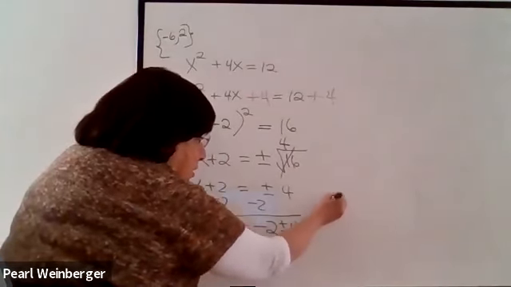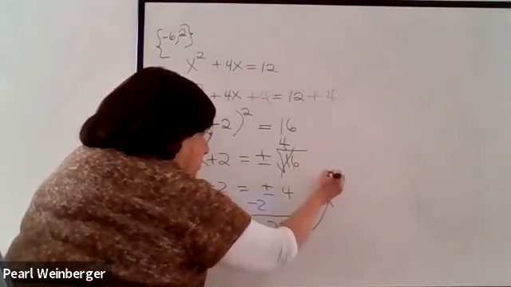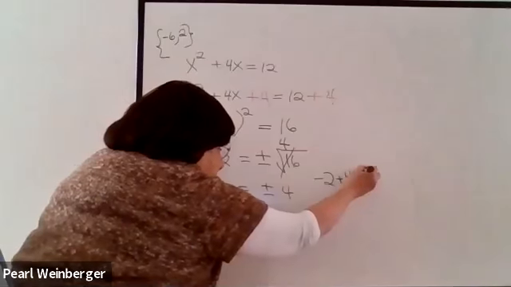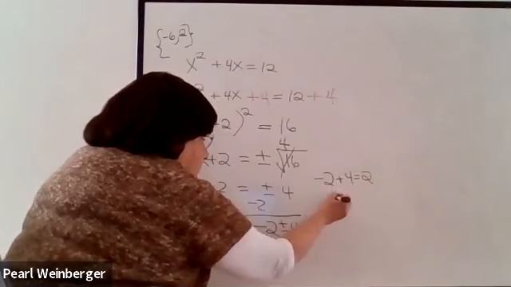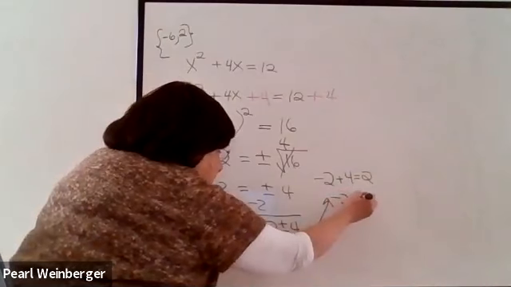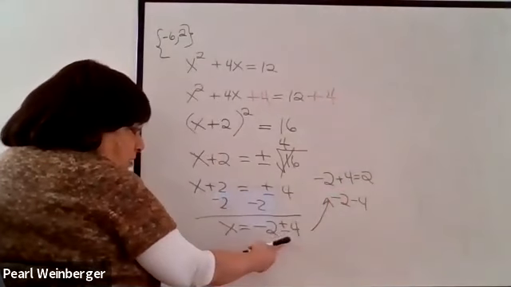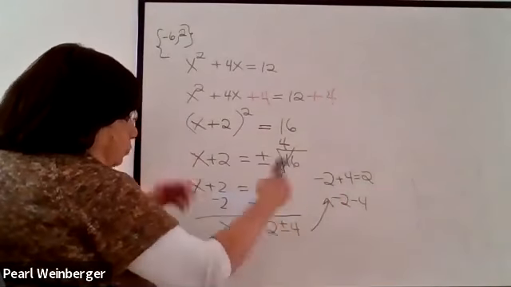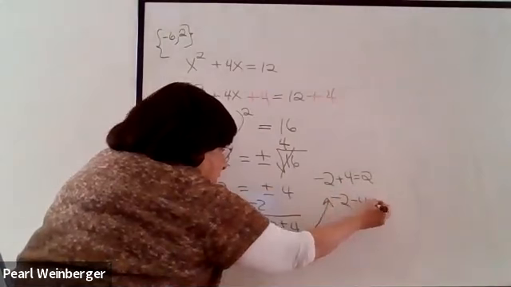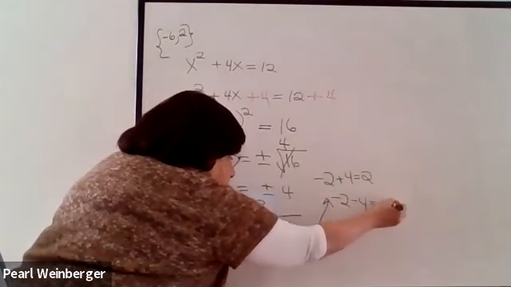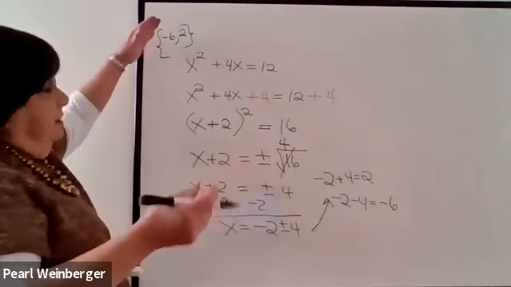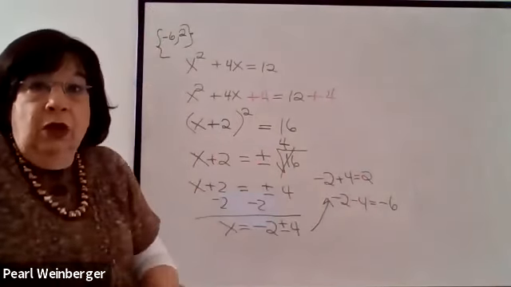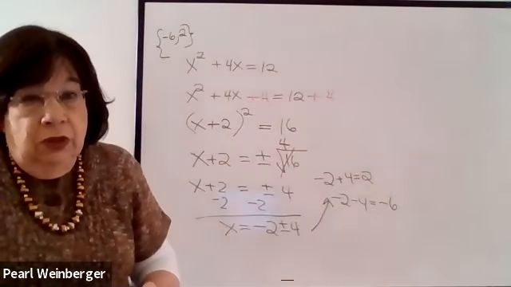separate this so that one answer becomes -2 plus 4, which is positive 2. And the second answer is negative 2 minus 4. Remember, that's what this plus or minus says. It's just a shorthand to say, once you do it with a plus, once you do it with a minus. The negative 2 and the negative 4 give us negative 6. If you notice, I got exactly the same two answers, negative 6 and positive 2, using this method called completing